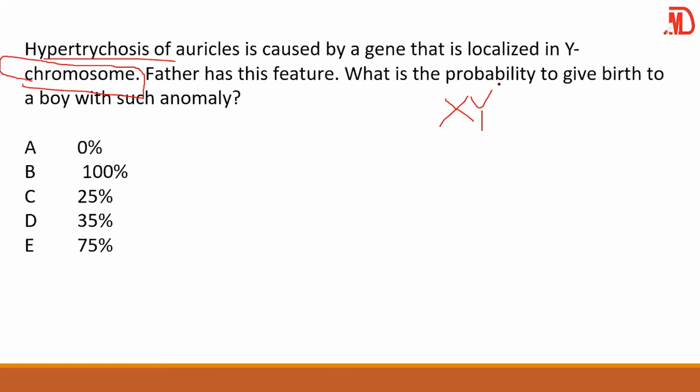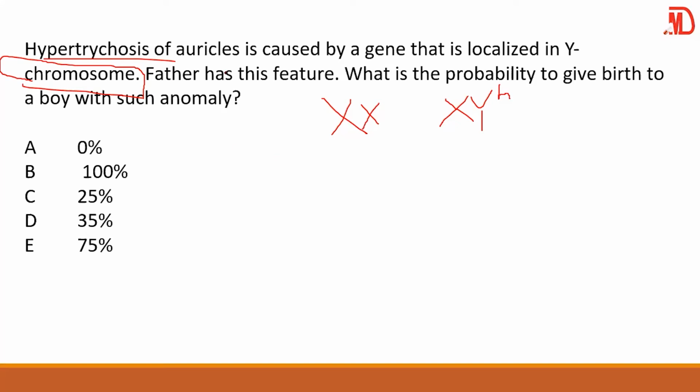So assuming that this is H, hypertrichosis. Since the father is having it, it's on the Y chromosome. Now the woman is XX, isn't it? Woman is XX. So now let's see the probability of having a boy with